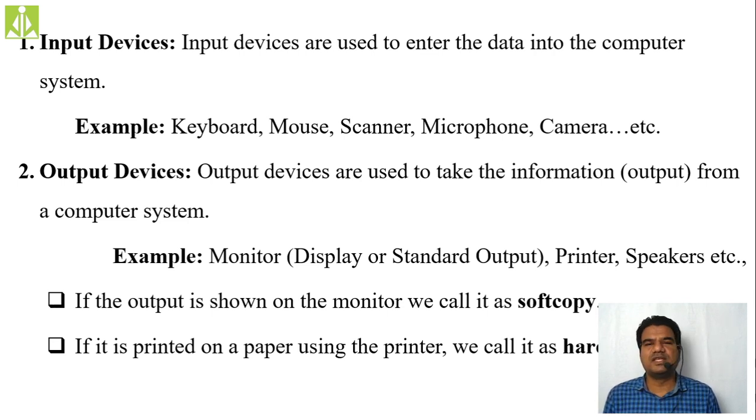If you are viewing that same output on paper, printed with the help of a printer, the same output you printed on paper, then we call such a thing a hard copy, because you can see it, you can refer to it, you can overwrite, underline it, whatever you want to do, you can do it. So physically you can touch it, basically, what I mean to say. You can physically touch that content. So such content we call a hard copy.